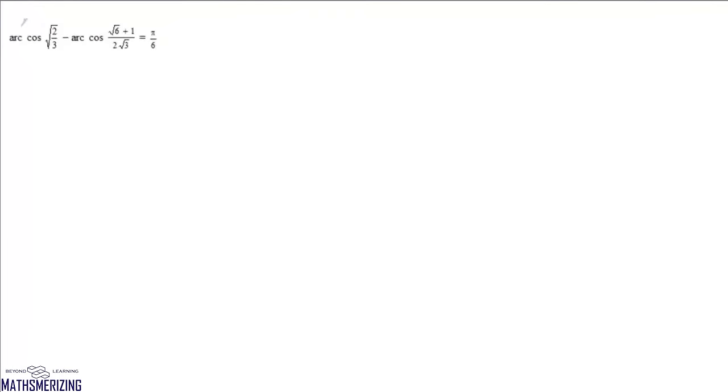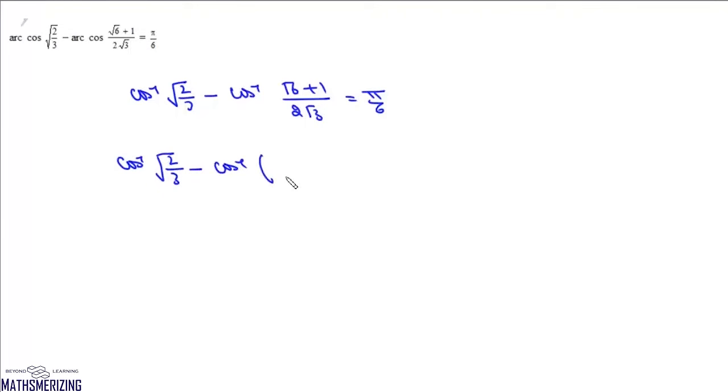Now here the question is, we need to show that cos inverse root 2 by 3 minus cos inverse of under root 6 plus 1 upon 2 root 3, and this value is pi by 6. Now what we'll do is we'll write this as cos inverse root 2 by 3 and then minus cos inverse, and then we can write this as under root 6 upon 2 root 3 plus 1 upon 2 root 3,